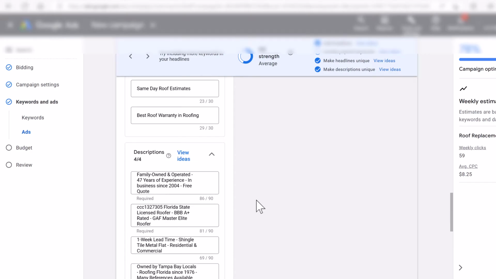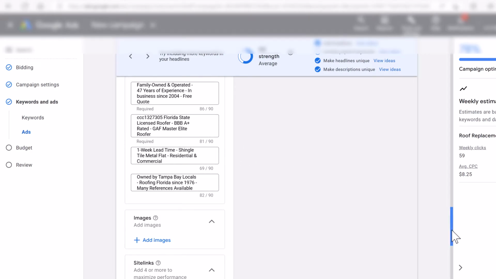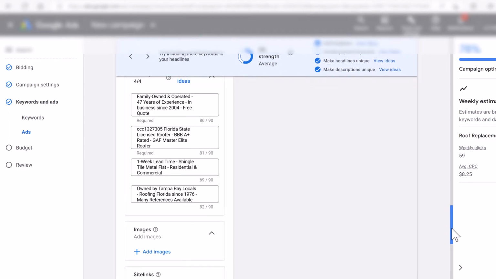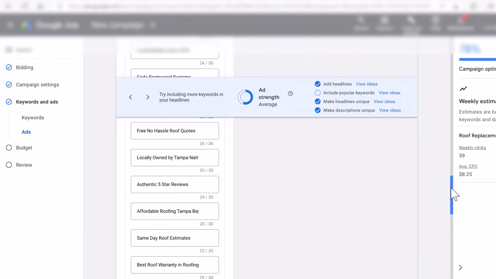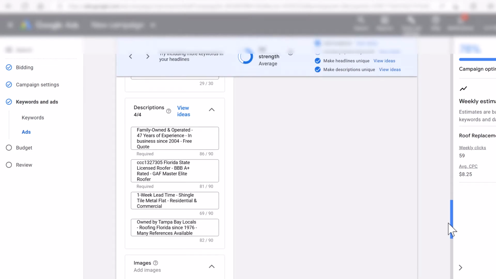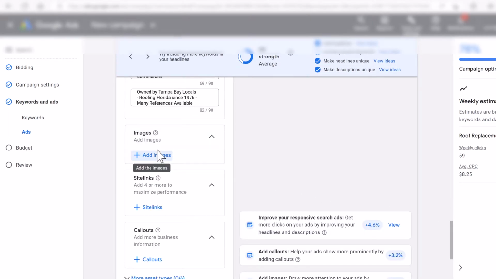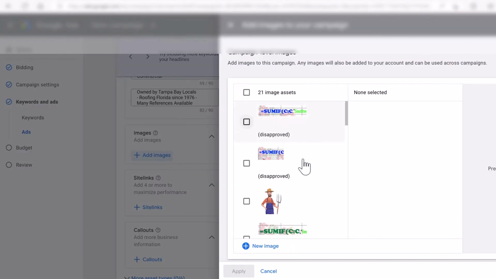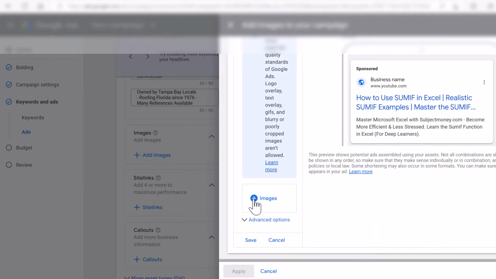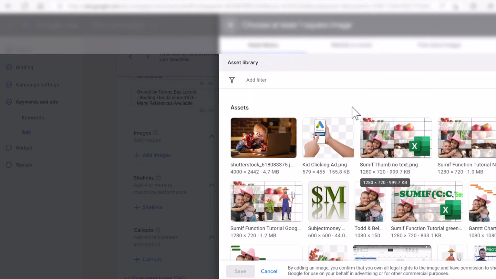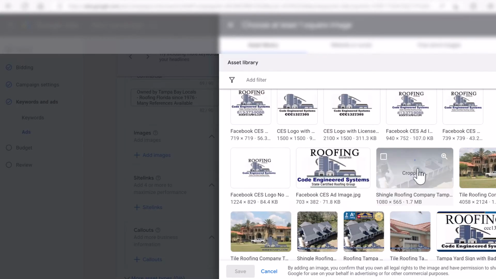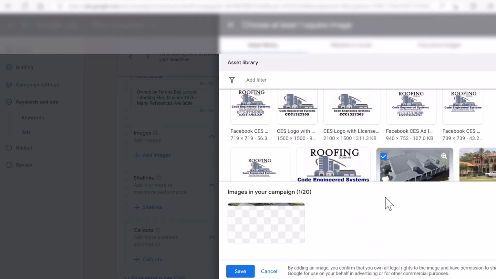And again, these descriptions are going to be unique to your business, but you just need to make sure your headlines and your descriptions of your ad are well thought out, and they're going to get clicks, but they're also going to answer questions. All right, so here we have images. I'm going to click on add images, and then you're going to click on new images again. So I already have some pictures saved into my account. I'm going to select this picture for now, but you can add up to 20 different images,